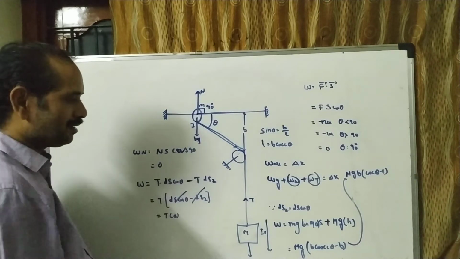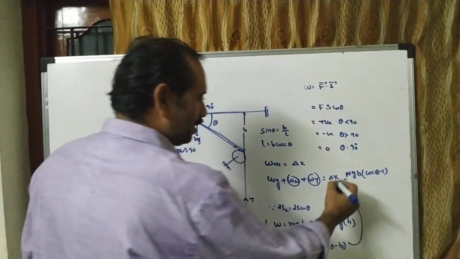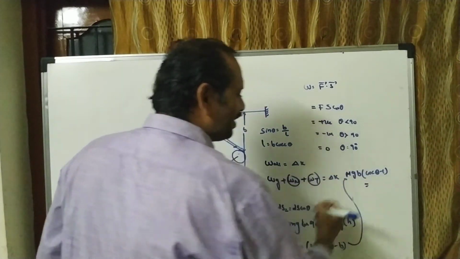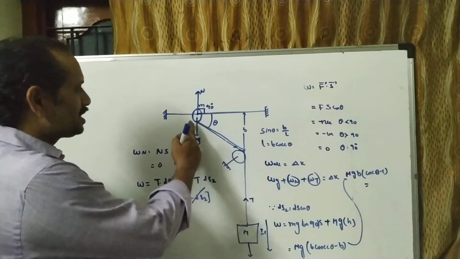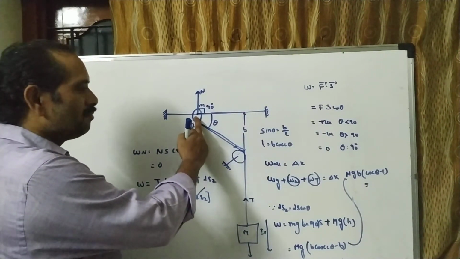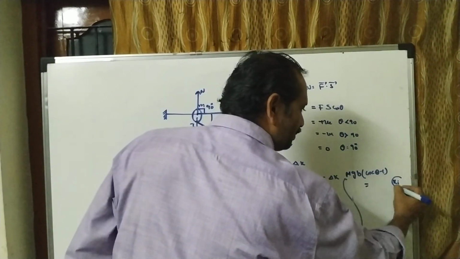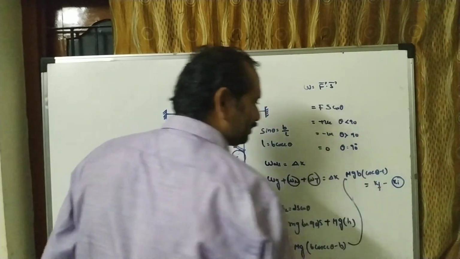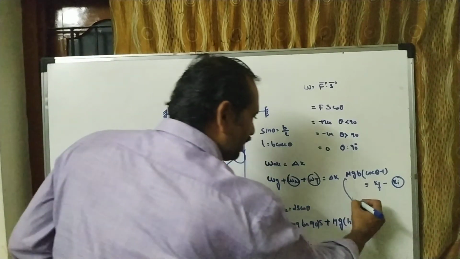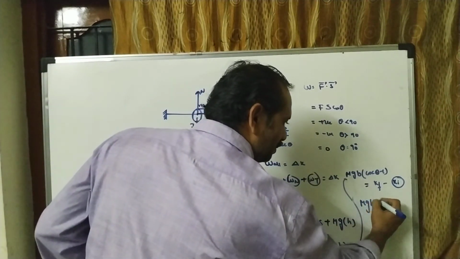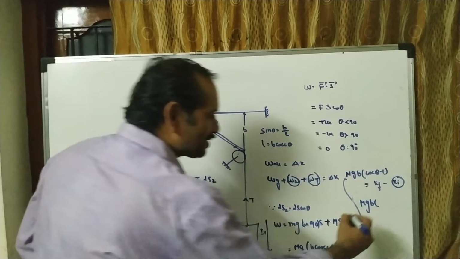That is the work done by gravity. So this work done by gravity is equal to change in kinetic energy. For the small m, the initial kinetic energy is 0, only the final kinetic energy is present. So that is MgB into cosecant theta minus 1